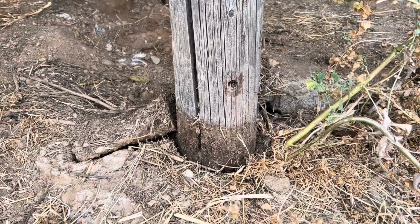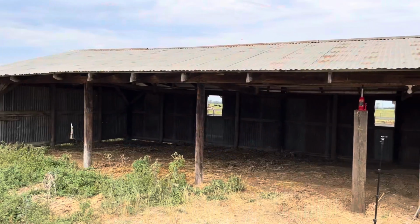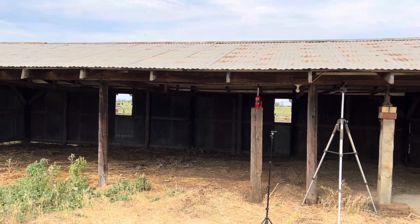You can see it's better than 4 inches. I'd say not quite 5, but a little over 4. And this roof is starting to look a little bit more like what it should look like. I'm kind of wishing that I had another jack right here,